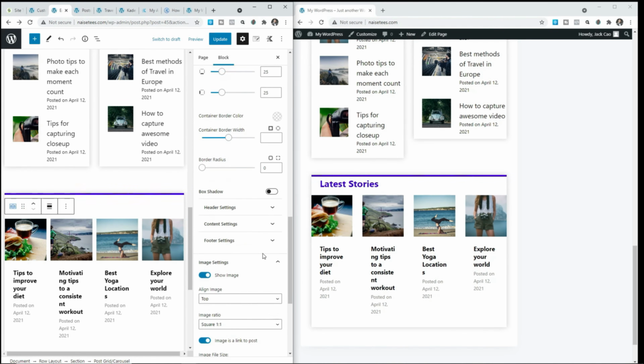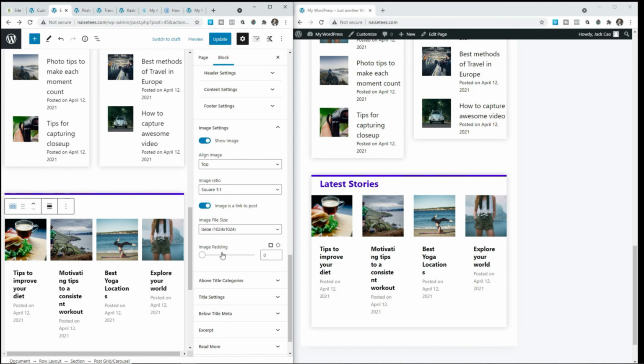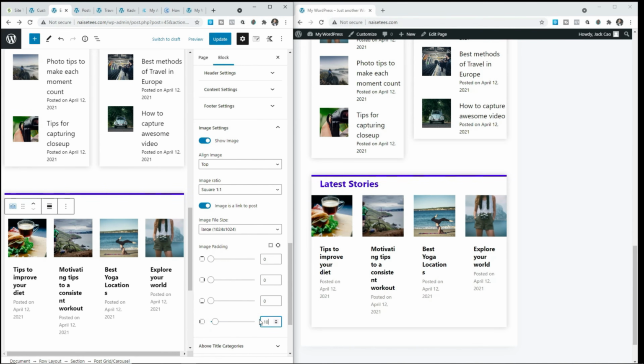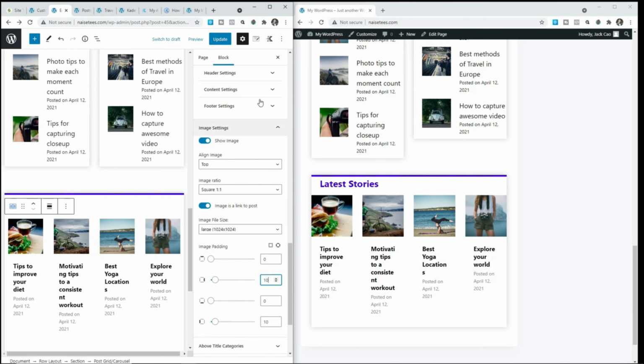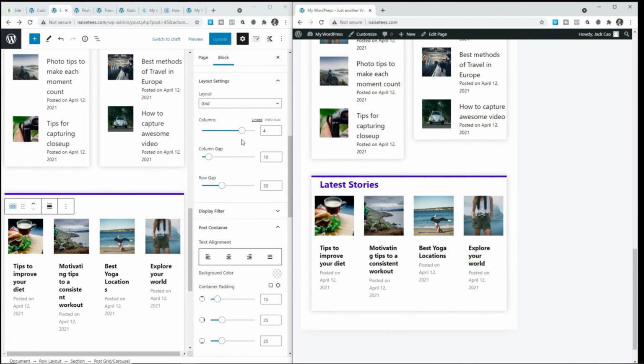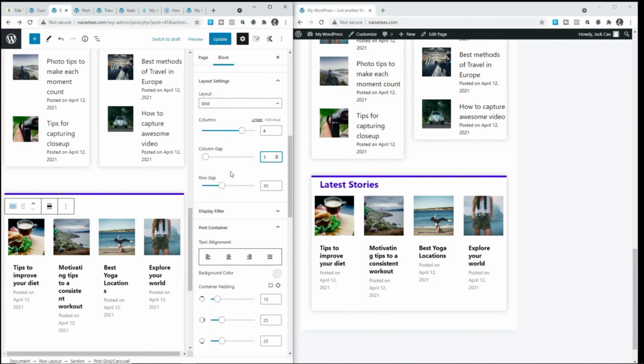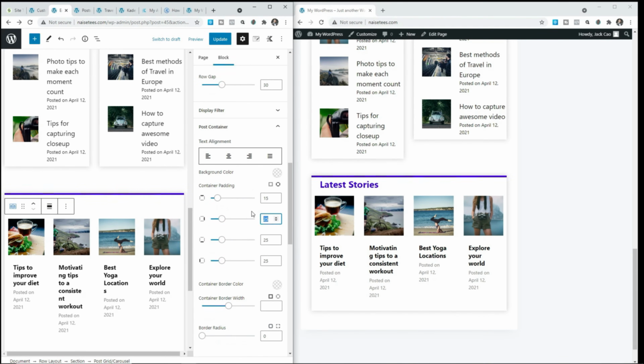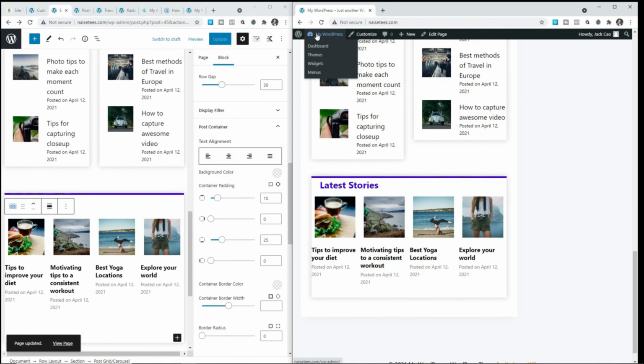So let's go to image settings, and under image padding, let's open this up. And over on the left, let's put maybe a 10. And on the right, let's put a 10 as well. And let's update, refresh, and let's narrow the column gap even further. Maybe put 5. And then for the post container, let's remove this left and right padding. Now the final thing we need to do is to shift the title and text